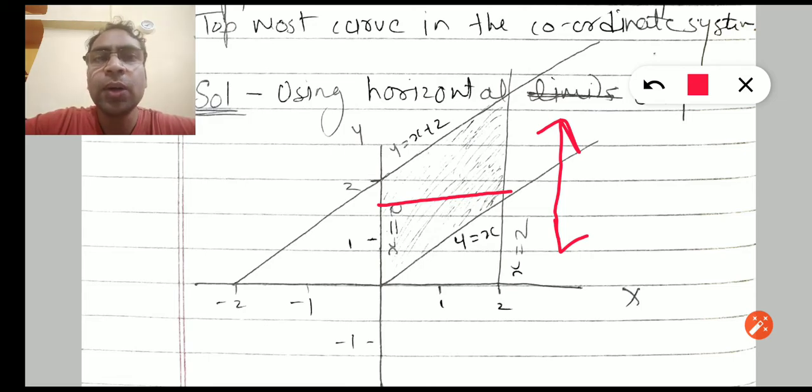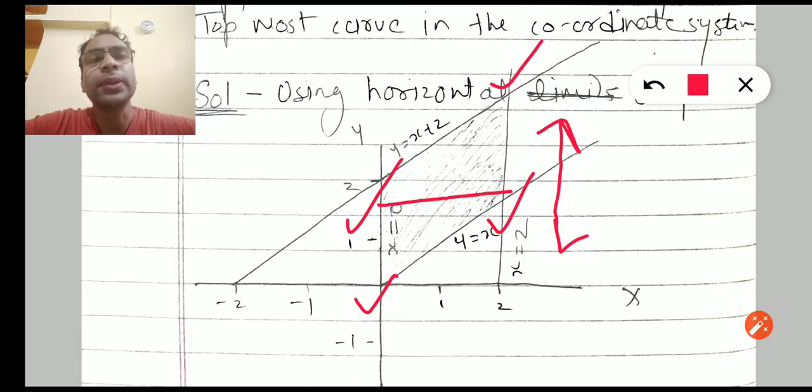So we need to find two limits. One, up and down in the y direction, will be the constant limits. You can see this strip will start moving from this point and will move to this point, the lowest and the topmost point. And the variable limits for x will come from the left-hand end of the strip and the right end of the strip. We will see later in the example how we can evaluate the limits here.